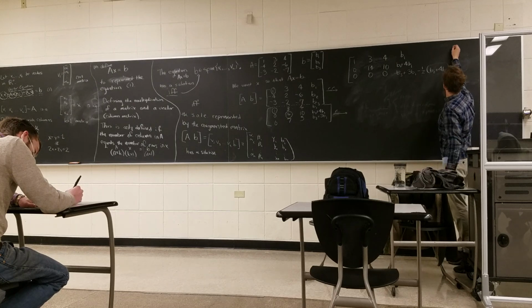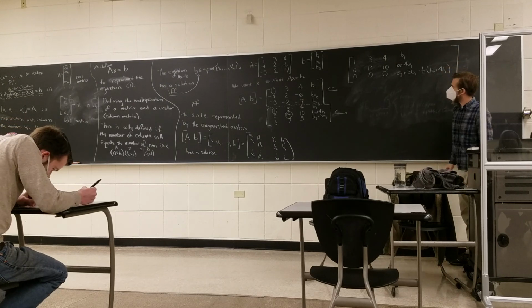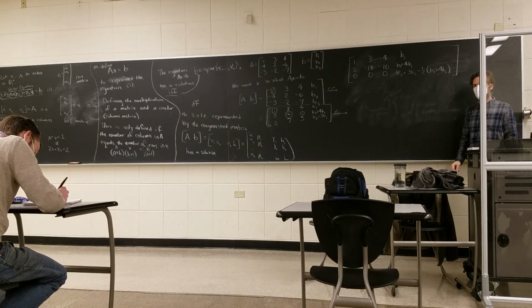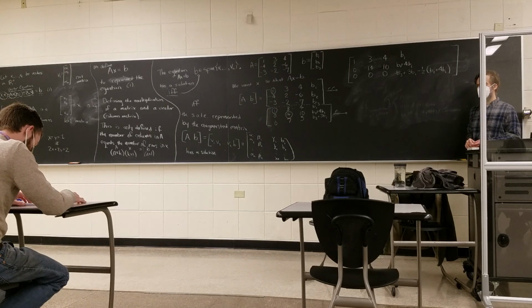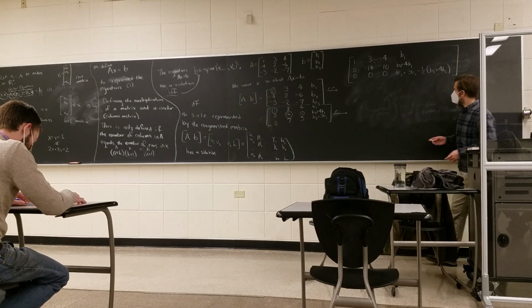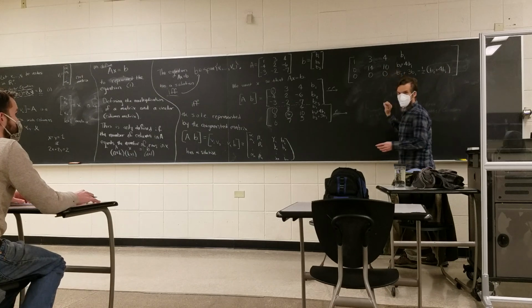But what does this mean? What's the constraint that this tells us about b? Can b just be anything? All those have to equal 0. This row right here